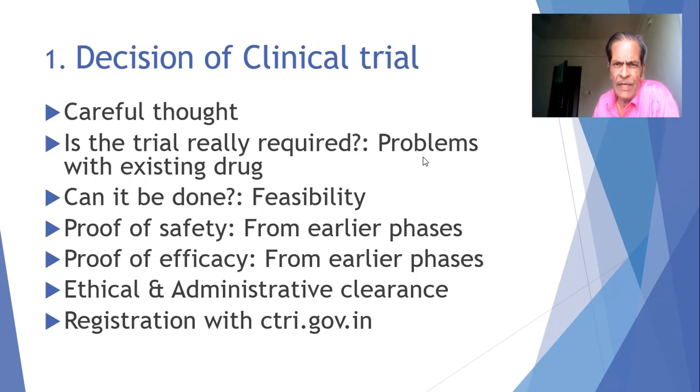The established line of treatment may be too prolonged, so the new drug may involve shortening the duration. The route of administration of the established line of treatment may be inconvenient to the patients, and the new drug could be given by a route of administration which is acceptable to the participants. So these could be some of the advantages of the new drug. Or the new drug may be cheaper than the old drug, and hence we require to undertake the clinical trial. So these things will decide whether the trial is really required.